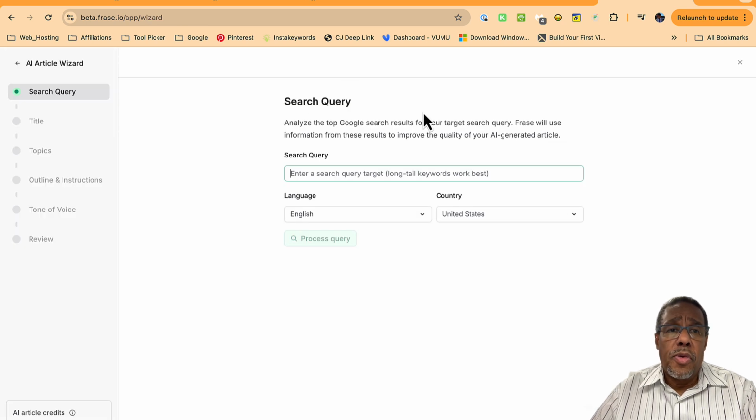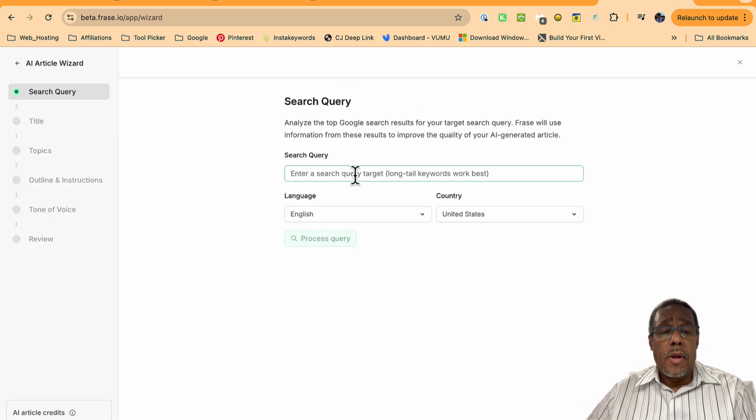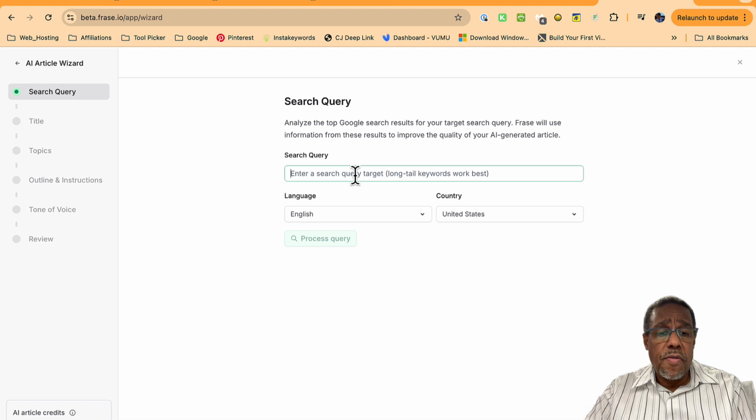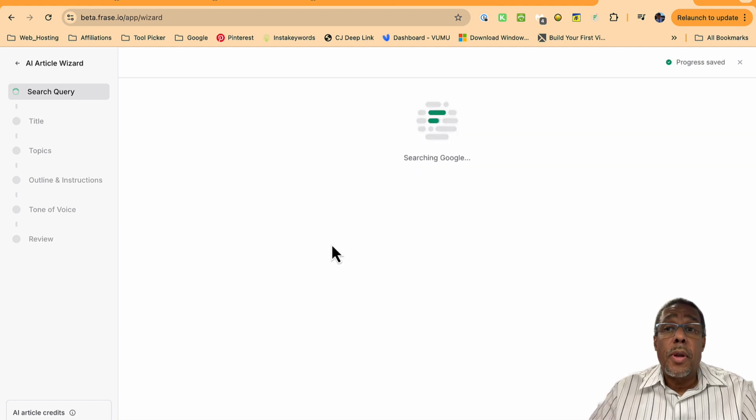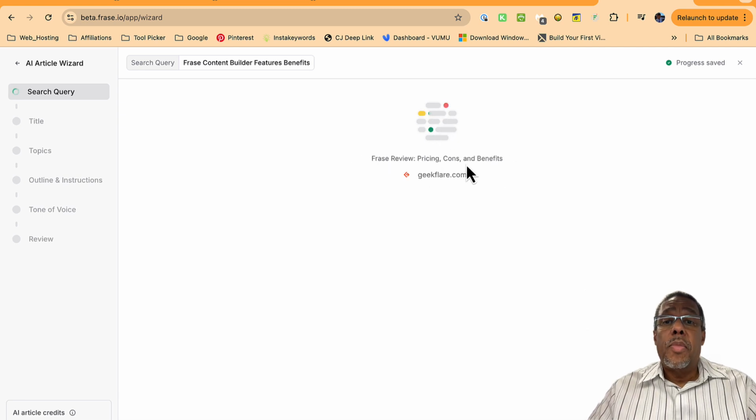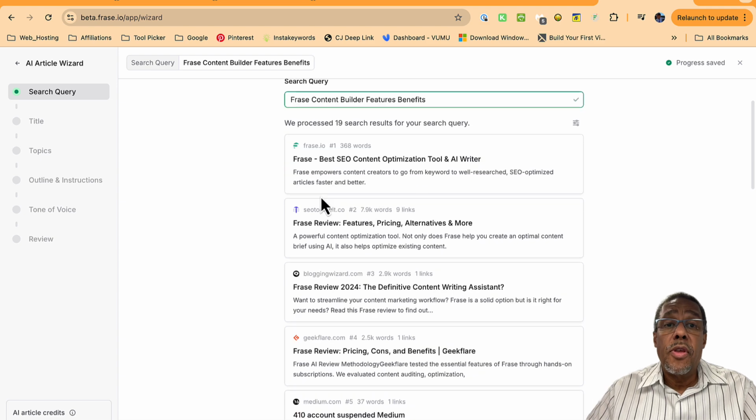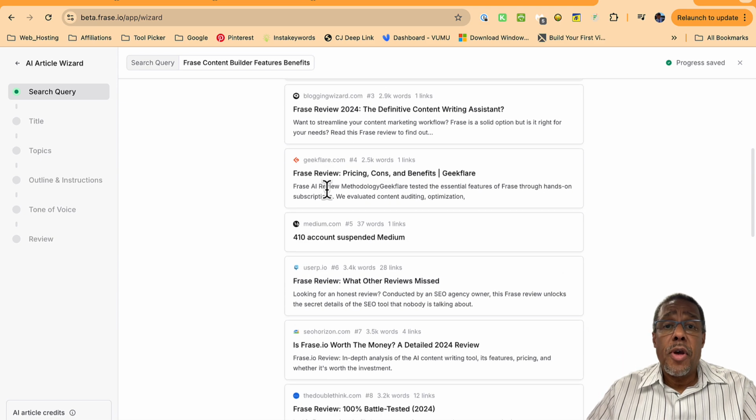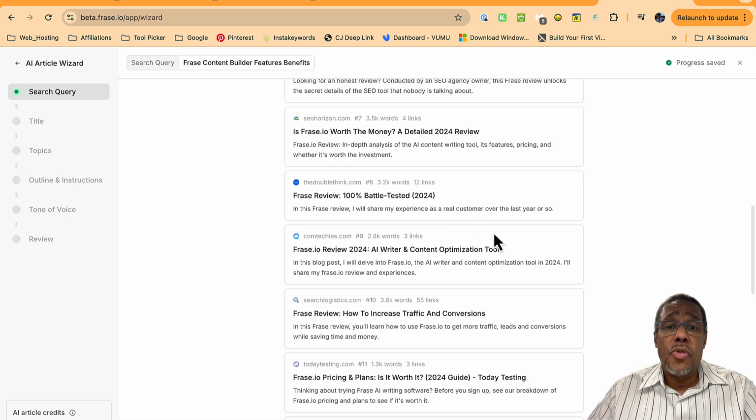So the first step is a search query. And let's say I want to search the phrase tent builder features. And just process the query. And when you see this activity symbol here, it's going outside to Google and basically pulling in the content from those sites that are ranking at the top of the SERPs to use in your content. So these are the sites that are on the top of the SERPs that Frase will use to incorporate into